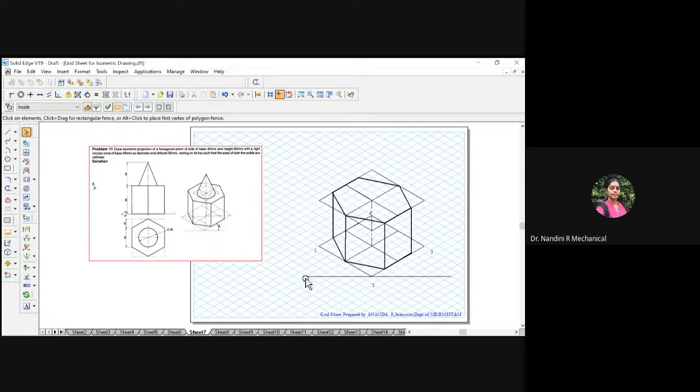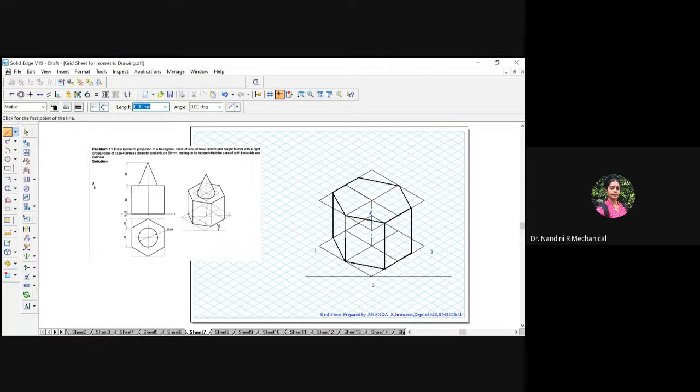So now we are supposed to draw a square of 40 mm. For that you need to count from the center and identify the sides. 40 mm means you will convert that into the true length first. So it is 40 into 0.8164. So how much do you get? It is 32.65 mm. So you will divide that by 0.8164. It gives exactly 4 counts, right? So you have to measure 4 units.